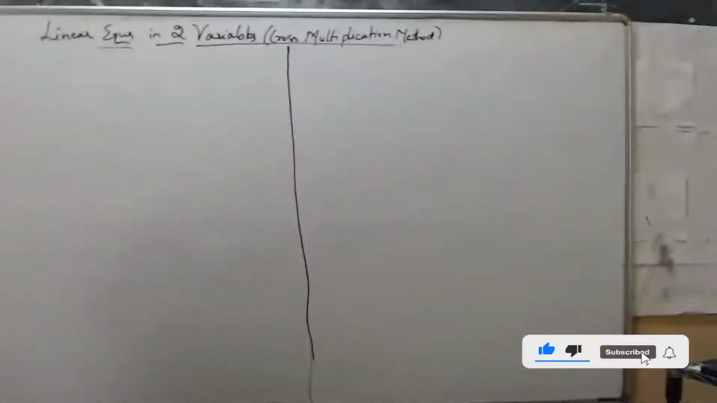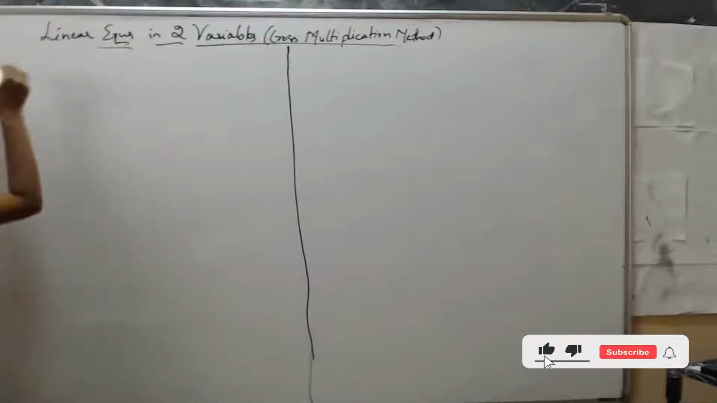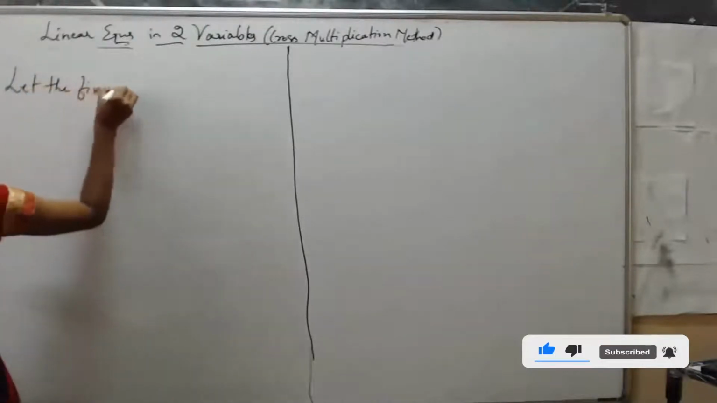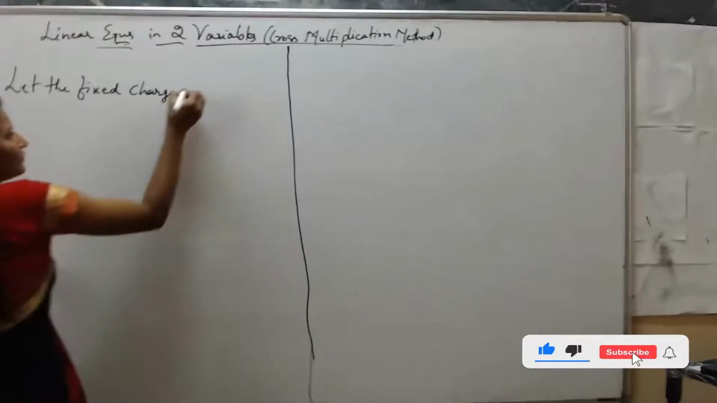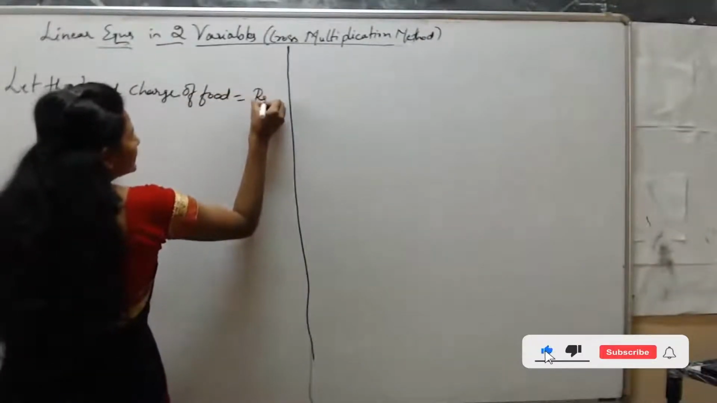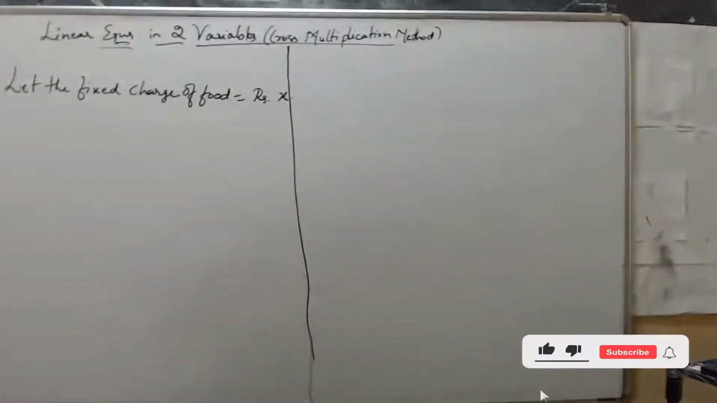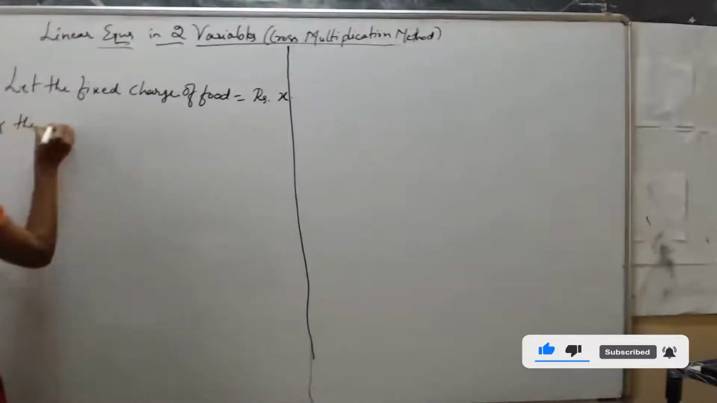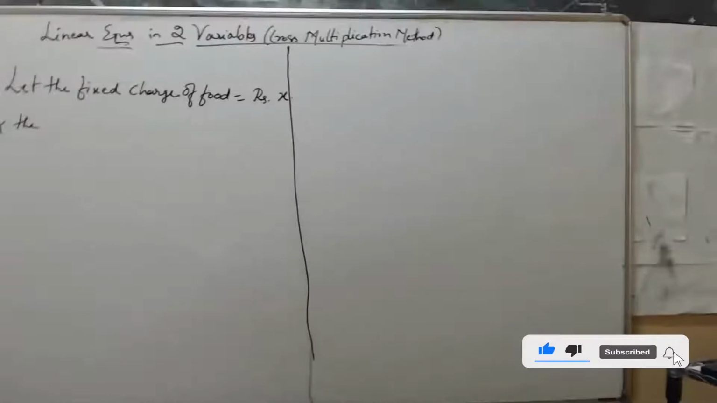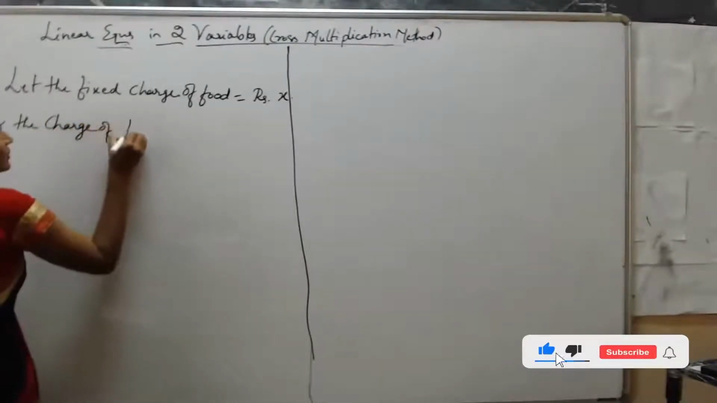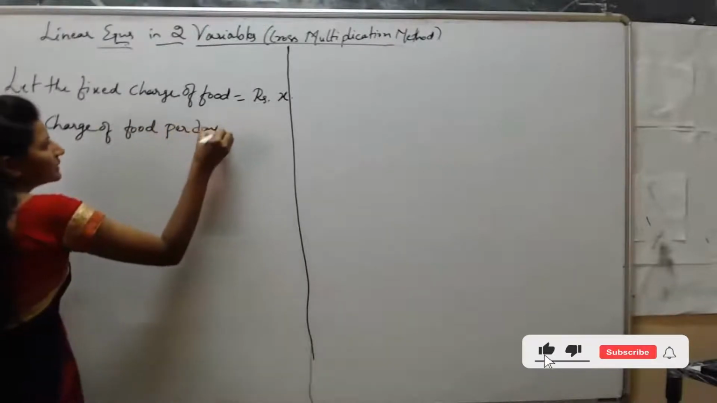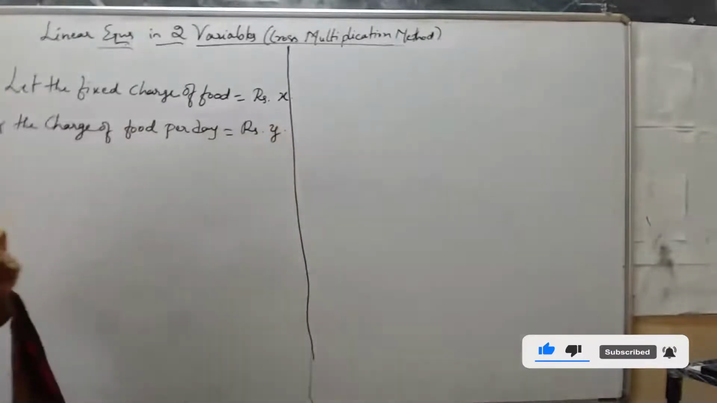Which question? This is the third question, I think. Third or fourth question. Fourth question, in that the first one. Let the fixed charge of food be x rupees, and the cost of food per day, the variable charge, meaning per day it is varying, the charge of extra food per day be y rupees, given that